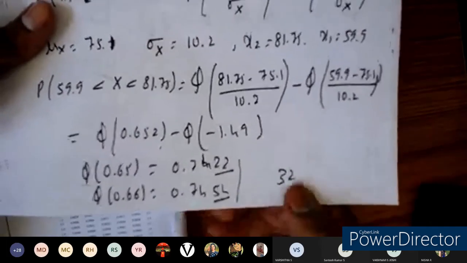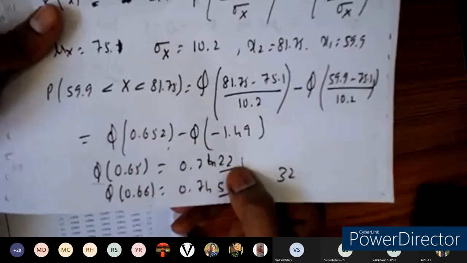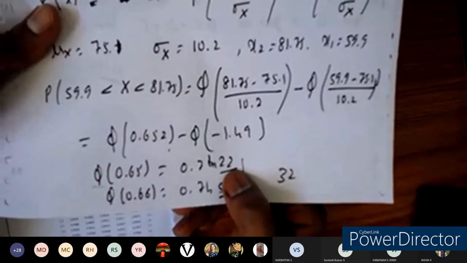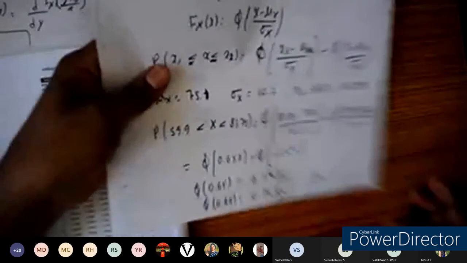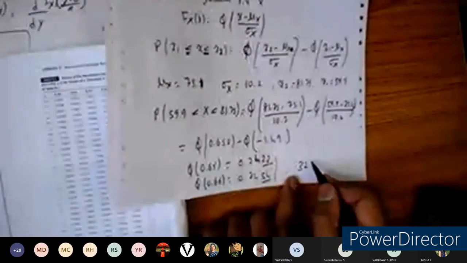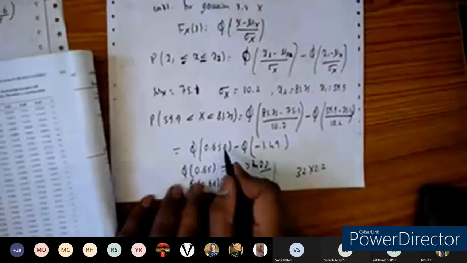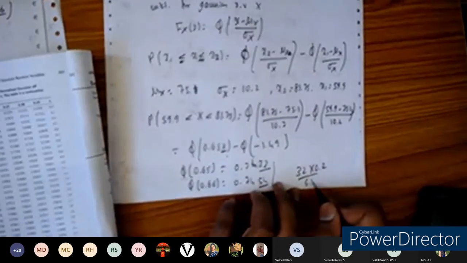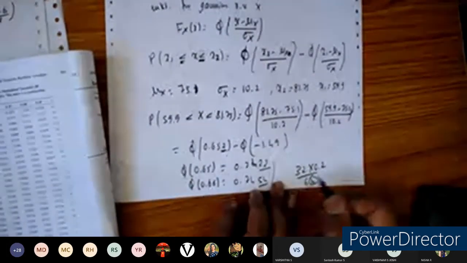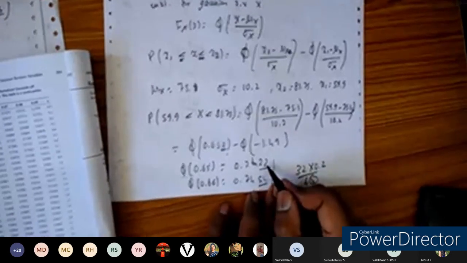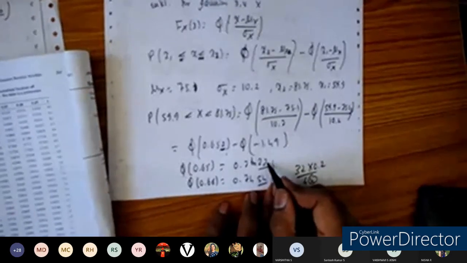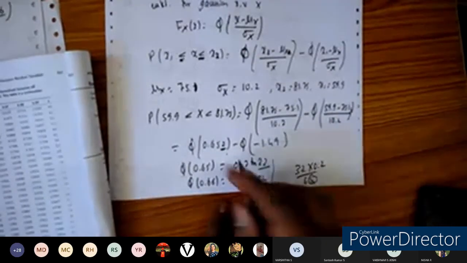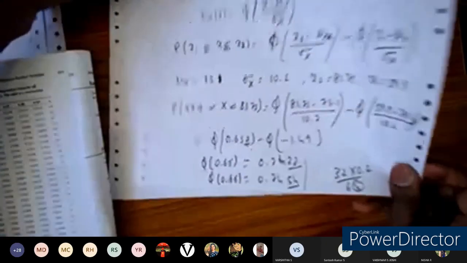6.4 we will get here. So for the 0.7422, you can add the 6. So 32 into 0.2, these are the last two values I'm going to multiply. This will become 6.4. So discard the decimal, take 6, and add 6 to 0.7422, and you will get this value. That's the concept you're going to use here. That's the ideal concept too. Okay, I'll explain for the next one.